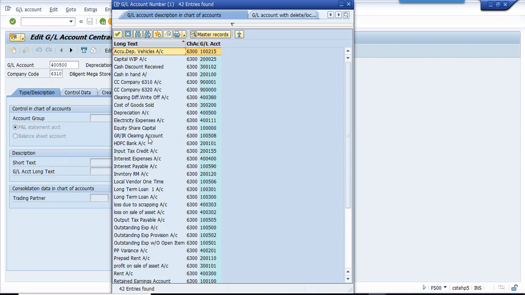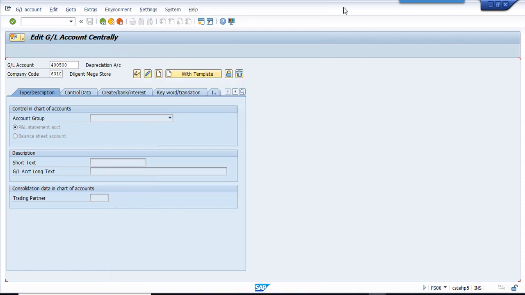See, all these GL accounts belong to profit and loss accounts. At the time of creating the GL account, we select here whether it belongs to a profit and loss statement account or a balance sheet account.